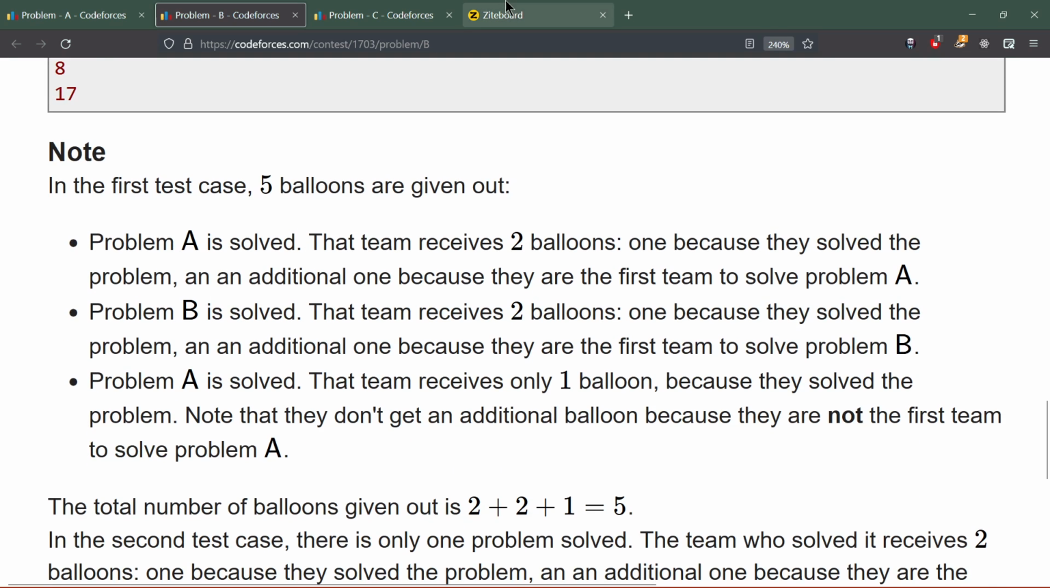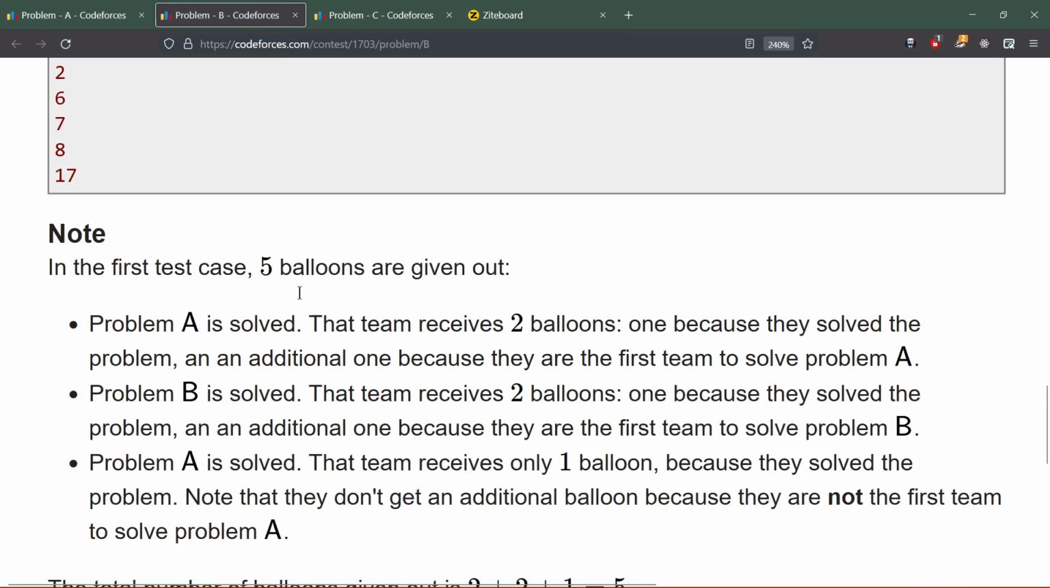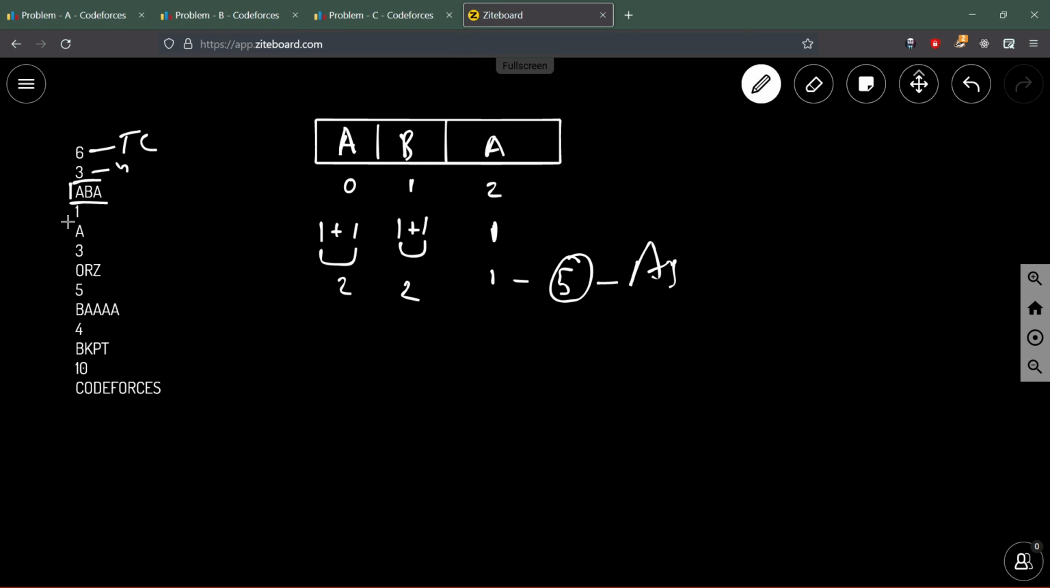Problem A is solved by this team first, so he will get an additional balloon. Problem A is solved by this team second, so he will not get an additional balloon. Okay, so in this case the answer will be 5. And in the next case, there is a single problem and it is solved by A, so he will get 1 plus 1, which means 2 balloons. So after observation you will find that the answer is